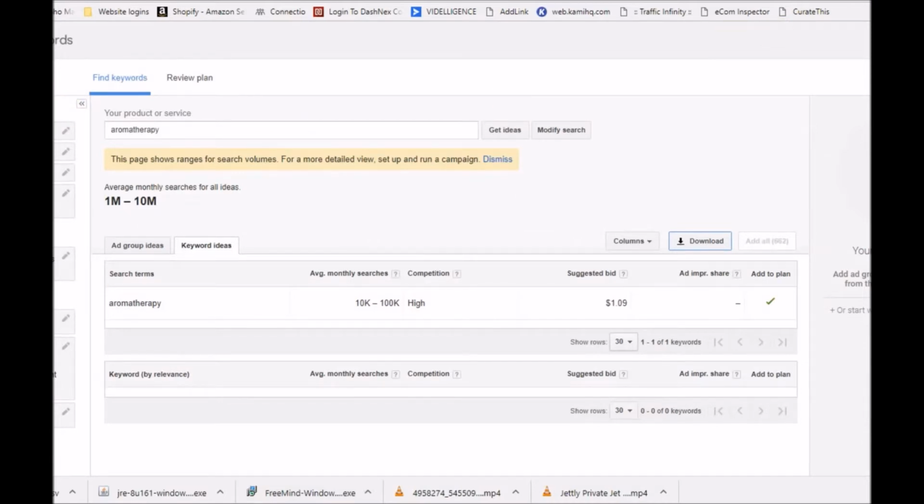So I have the Keyword Planner here. I put in aromatherapy as my product or service, which was kind of weird because it was not keyword ideas, but I got the keyword ideas. As you can see here, it says add all 662. I added them all. It didn't come up with 800, but that's fine. And I downloaded them,